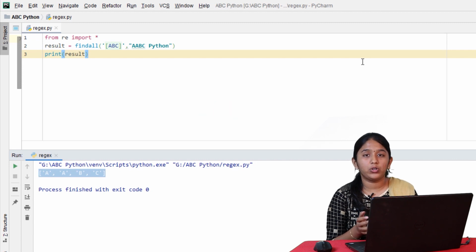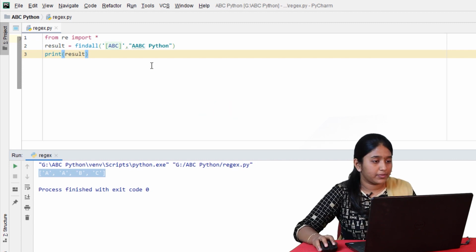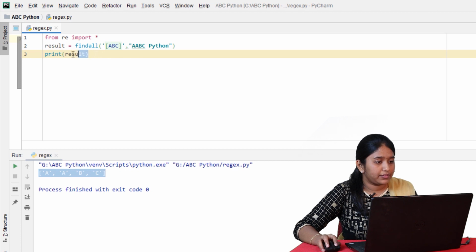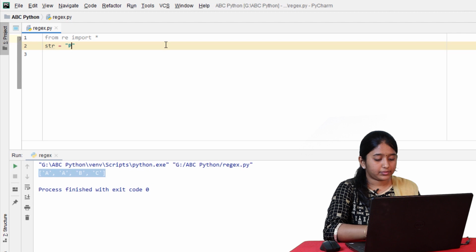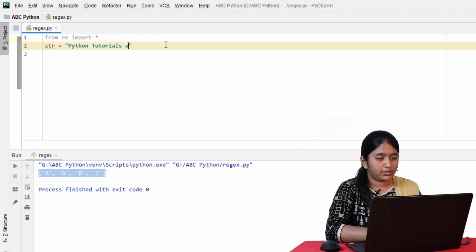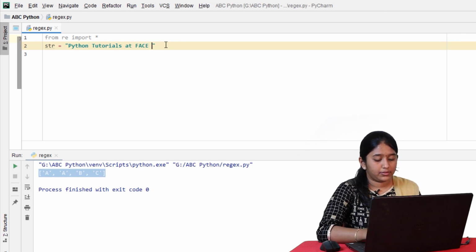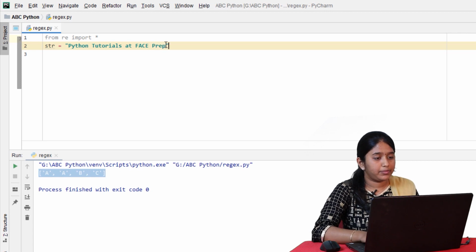First, let's see how to use the search method. Firstly, let's declare a string, Python tutorials at face prep.